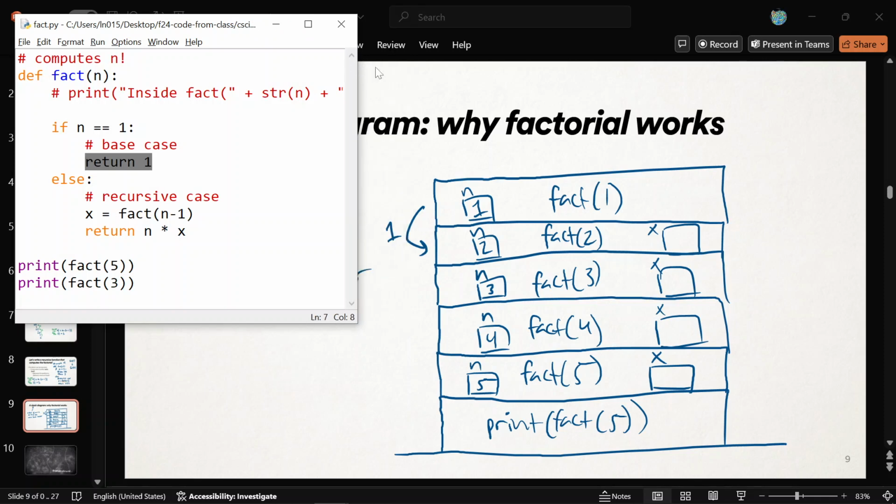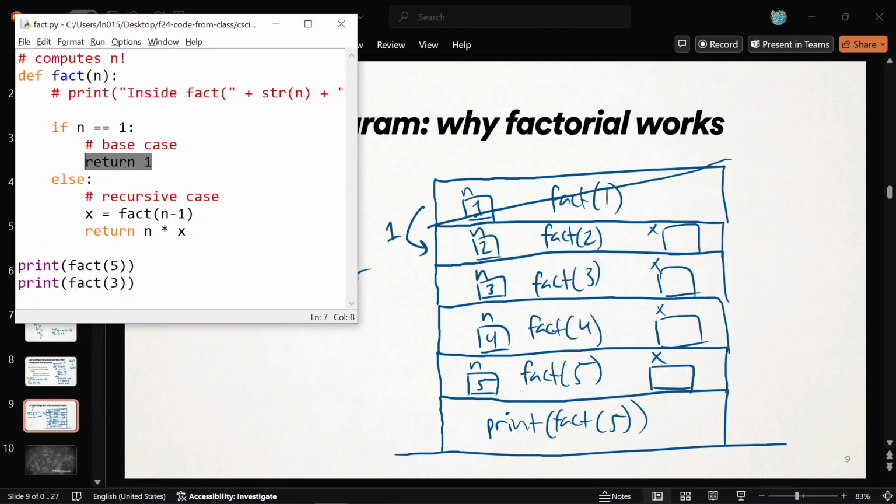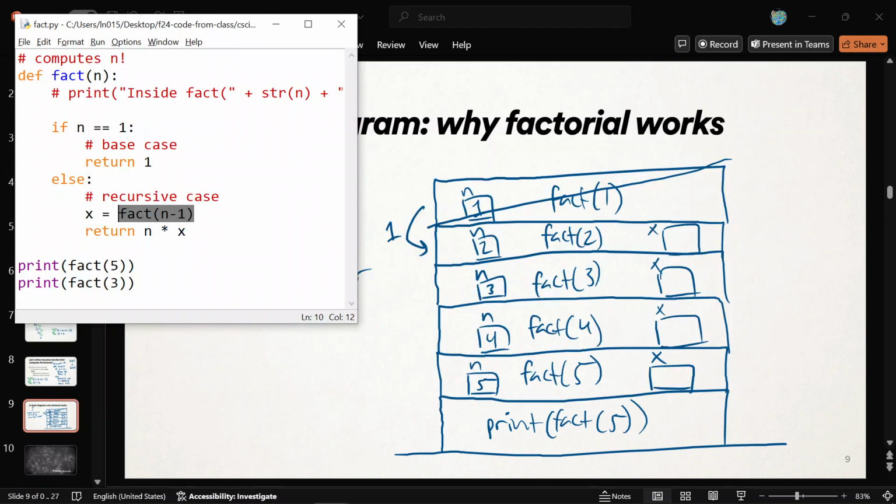And then we're home free because fact_of_1 now takes itself off the stack. Its job is done. It's not running anymore. Really, I should erase it, but just so you can look back at this later, I'm going to keep it there. So now fact_of_2 is on top of the stack. Really pretend that fact_of_1 has been erased. Fact_of_2 just got the answer back. It was waiting on this line so patiently for fact_of_1 to complete. It finally got an answer back. It got 1 back from fact_of_1. The answer was 1. It can place that in its x variable, 1. And it can do the rest of its job.